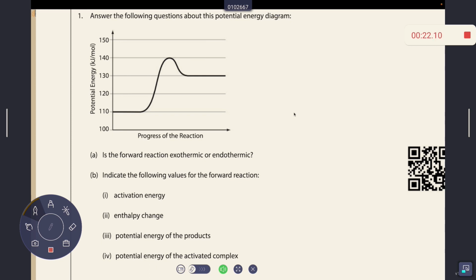That's the change. Here, activation. Wait, this is the delta. No, it's between the product and the reactant. So it's product minus reactant. Product is 130, reactant is 110. So that's the P. It's the product. Potential energy of the product is 130. Aren't these the potential energy of the active? Oh wait,